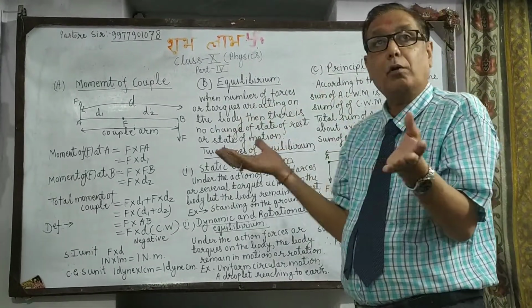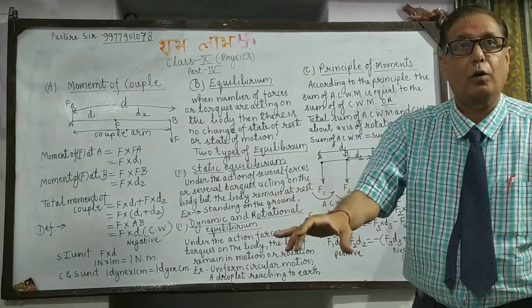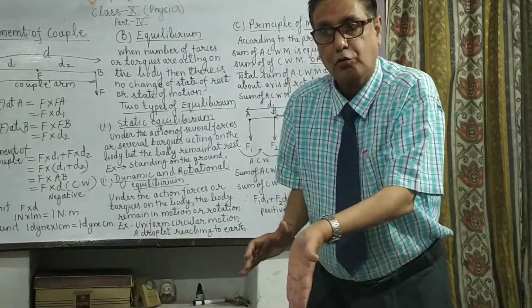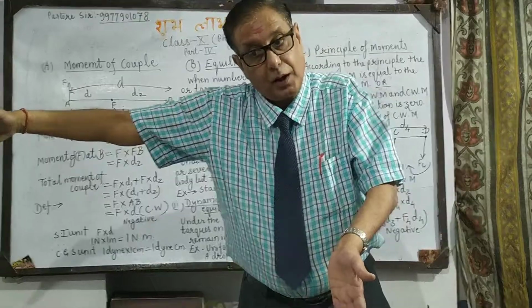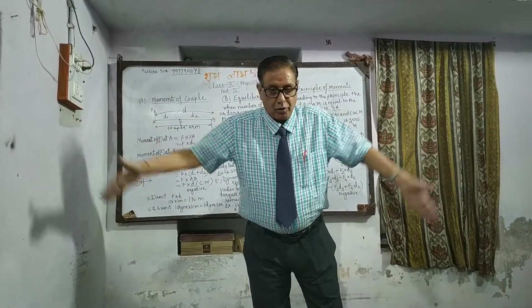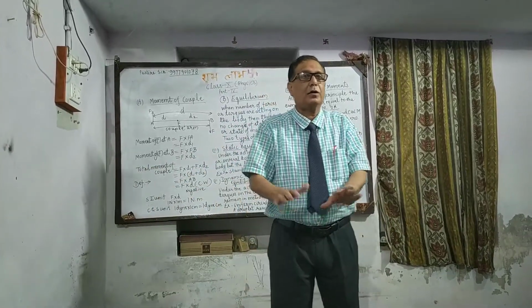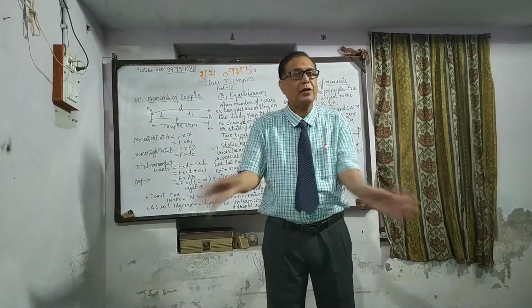The body will not rotate. In the same way, there is a toy car lying on the floor, and if you push it, the pushing force is also 2 Newton, and then you push it from the forward direction. That is also, meaning you are applying opposite forces on the toy car in opposite directions, and both the forces are equal. The car will not move because both the forces will cancel each other.